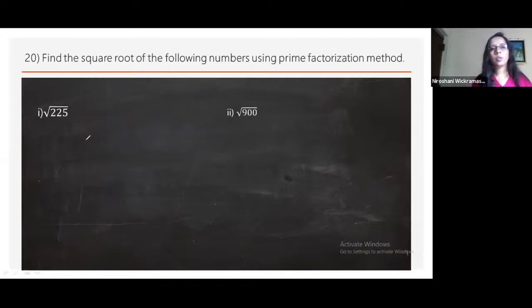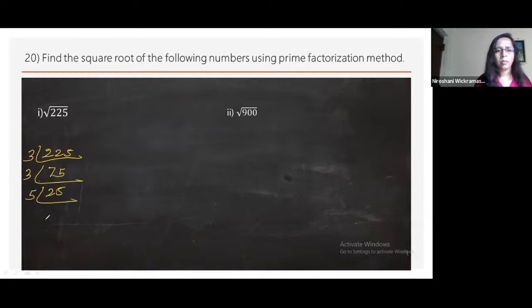That is also a square root. 225: we have to find the square root by using the prime factorization method. 225 divided by the smallest prime, 3, gives 75. Again divide by 3, that is 25. Divide by 5, that is 5. Again divide by 5, that is 1. It means